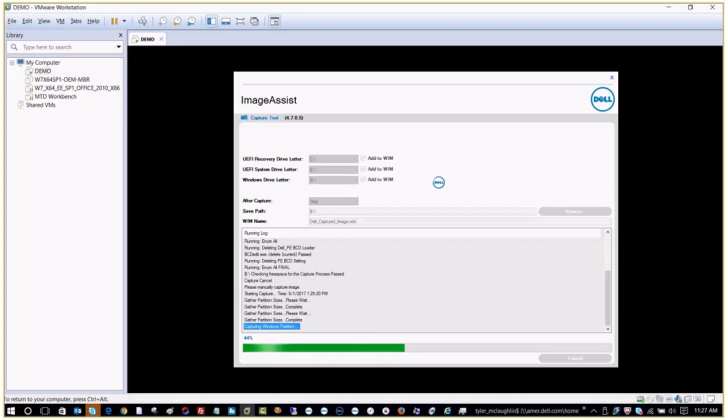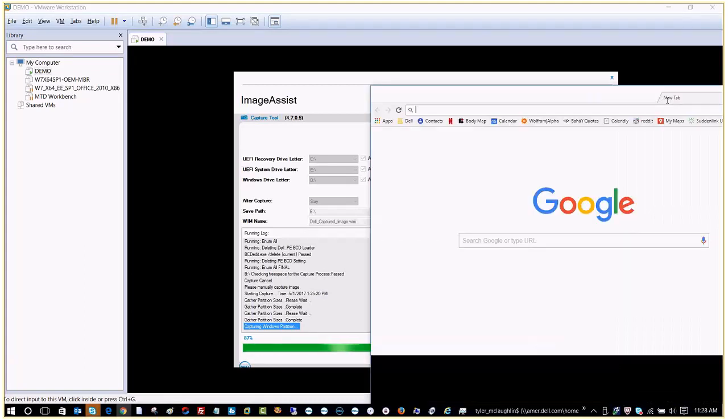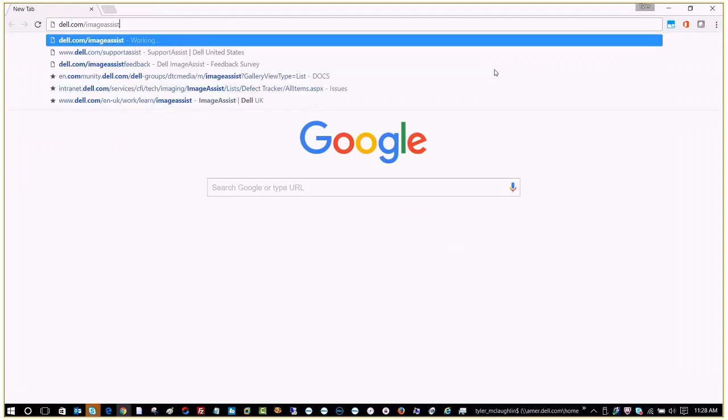So that said, let me show you a little bit about the restoration process. Once this is captured, I'll actually just restore this image so you can see what that looks like. In the interim, I'm going to take you to our website where you would get this tool. So if I go to dell.com/imageassist,